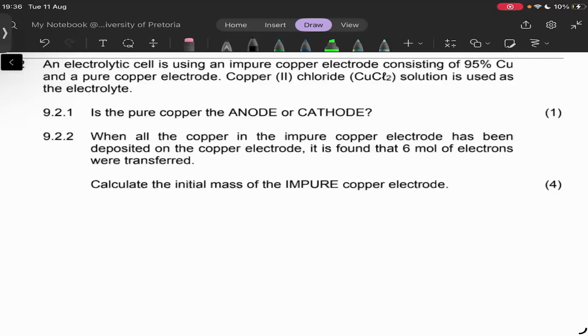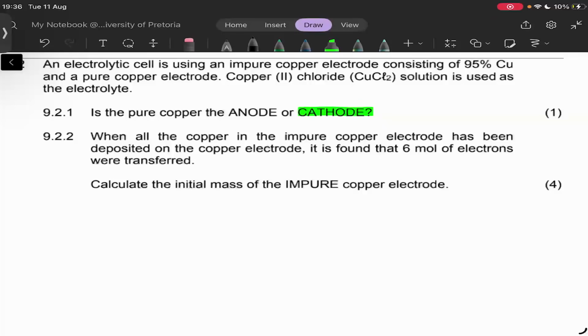Okay, so the answers are rolling in. This over here, pure copper is going to be the cathode. Pure copper is the cathode. Okay, what we should be recalling, or what would help us greatly when figuring out questions like these, would be